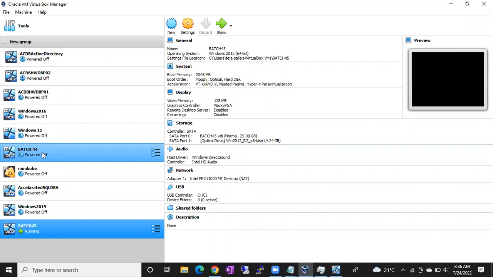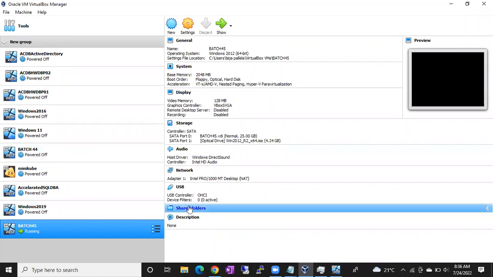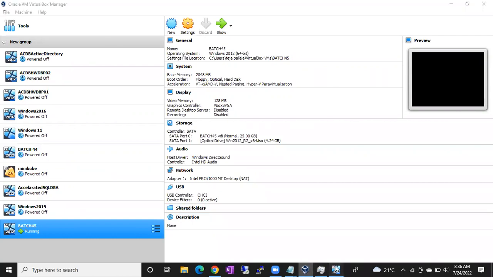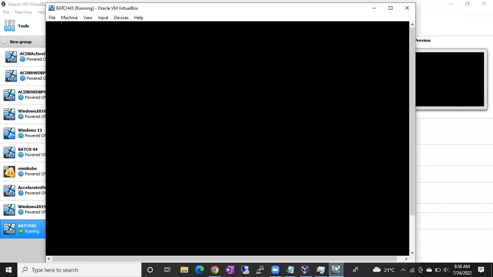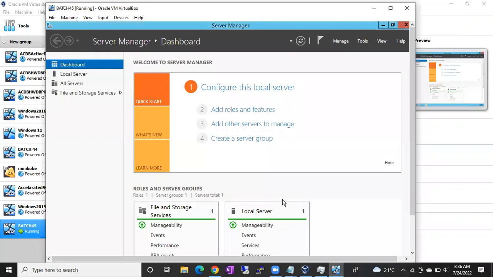Then finally we'll start installing SQL Server, guys. So what I'm going to do now, let's go to this machine. There are two steps to enable the remote settings. Again, this step we don't do in the organization. This will be done by the Windows team. If you want to connect to the servers remotely, you have to enable the